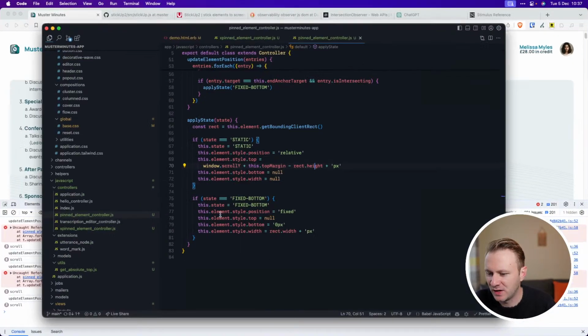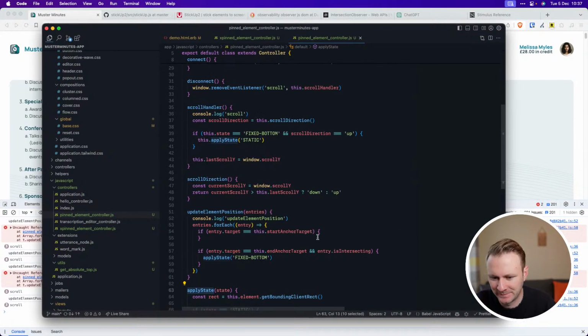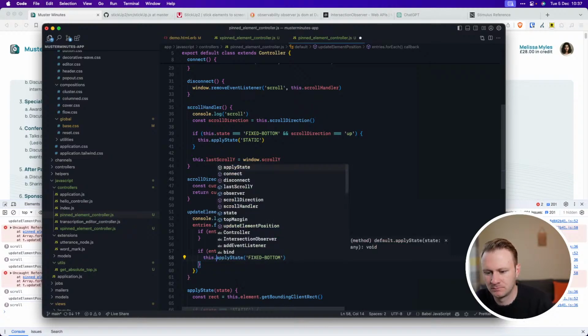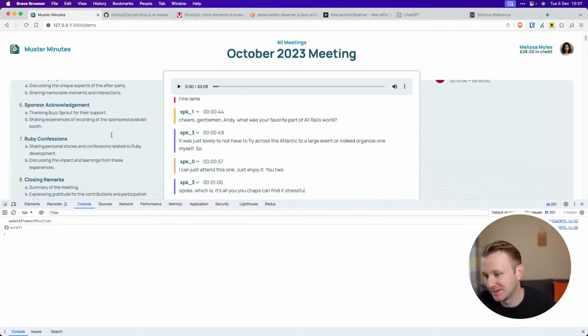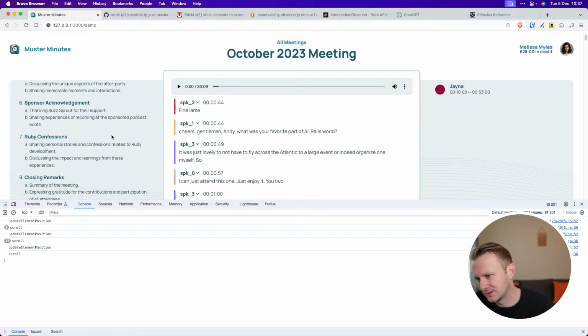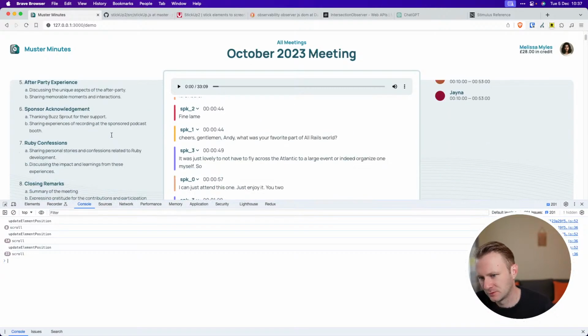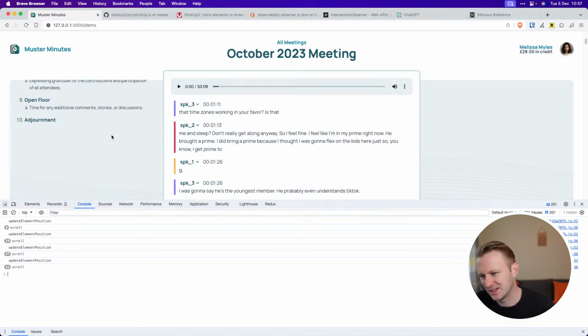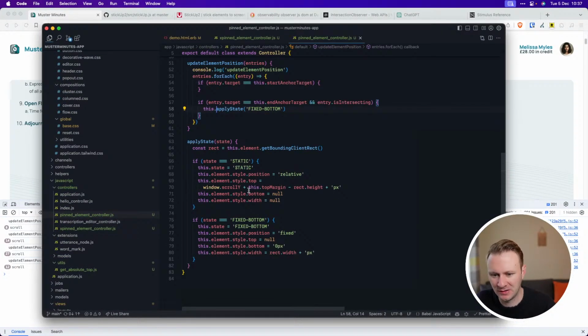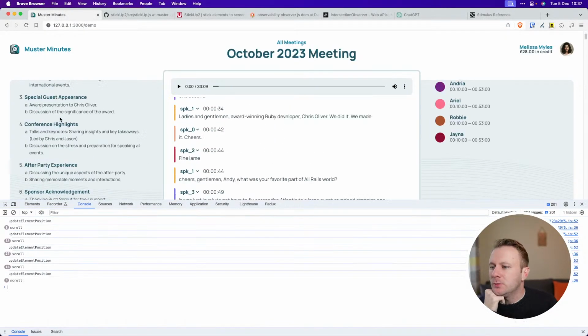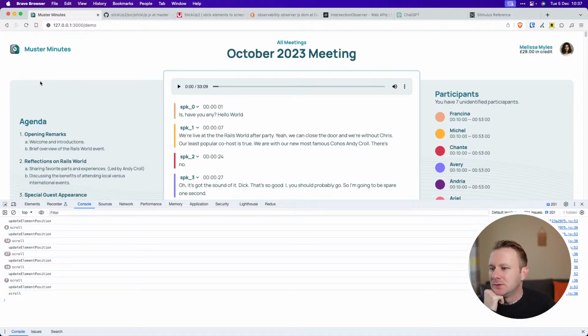Apply state is not defined. There. It sticks. And then we can scroll. At least the width is fixed now. There's still something weird with the calculation down here, but when we go into this mode, this top. The top is relative to here, right? So